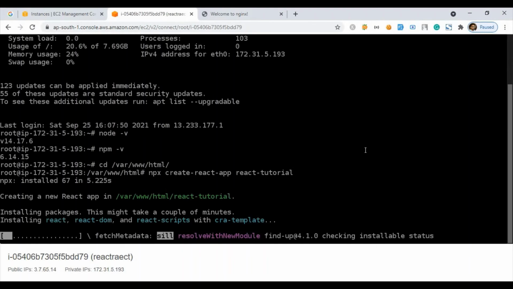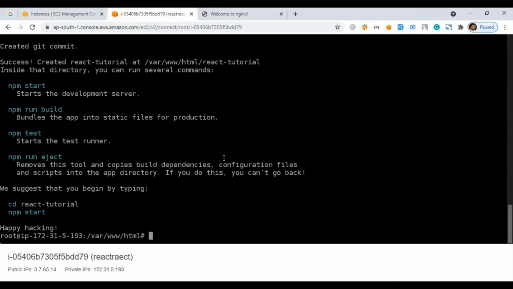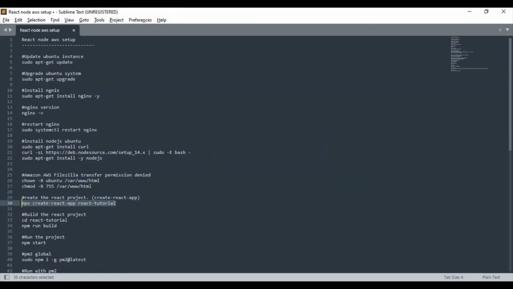I'm just pausing this video so that it moves a bit forward. Alright guys, so we have installed the React application, with npx create-react-app react-tutorial.